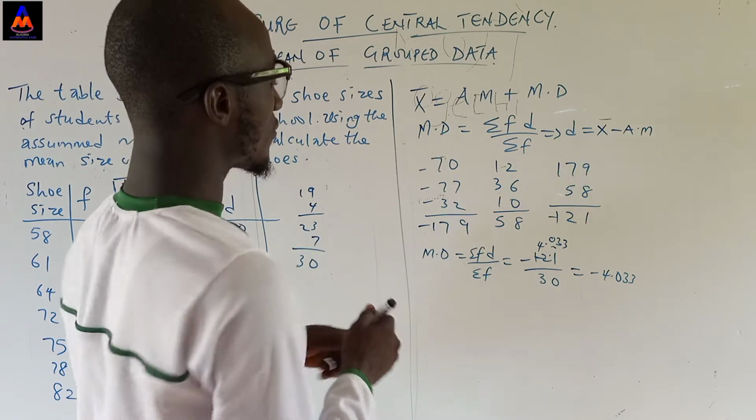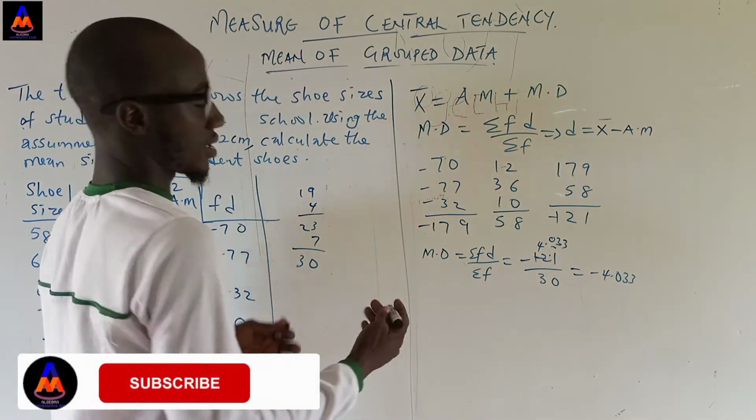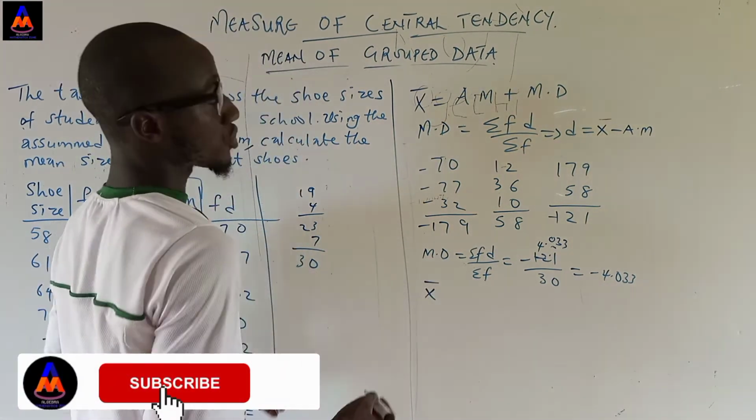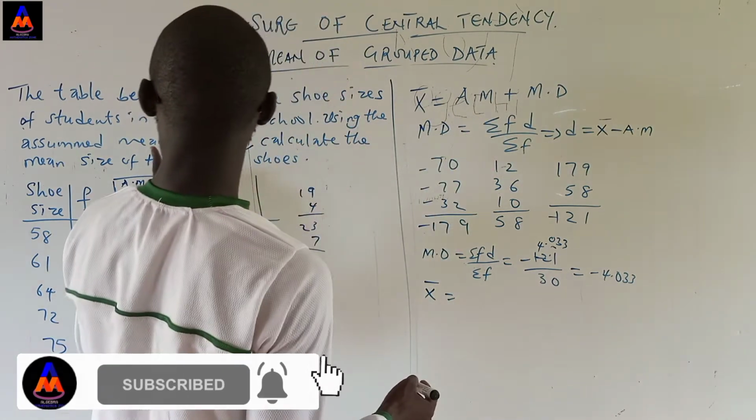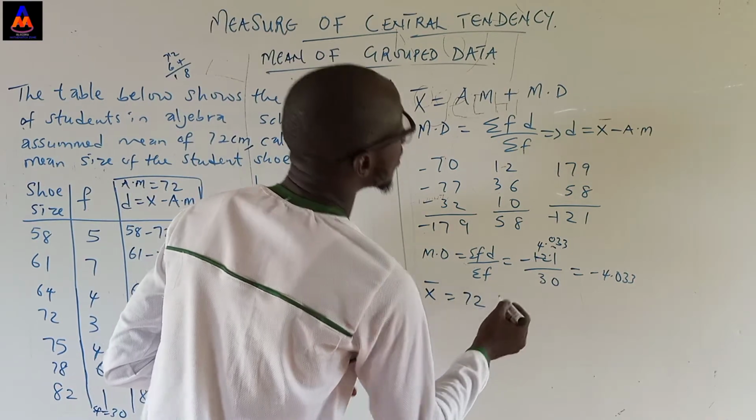So finally we can find our mean. This one is a little bit faster. You can use this on group data also, still the same procedure. So we have the assumed mean. The assumed mean is 72. Then